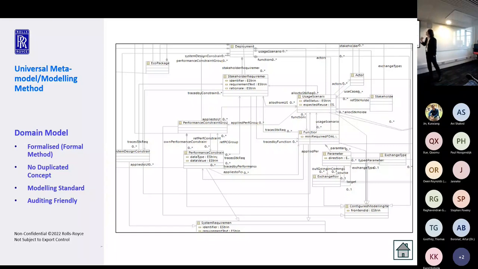For example, at this stage, we just start analyzing our stakeholder requirements. What we include there is use case, some functional requirements, parameters for those functional requirements, and also the data exchange in between. The same thing for performance: we will do some performance analysis, parametrics in there, and also some safety stuff, and also some design constraints flow down. So that's one part of that.